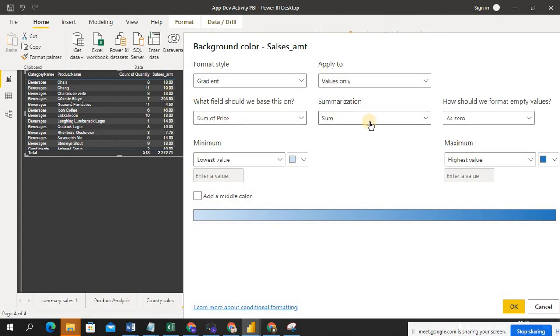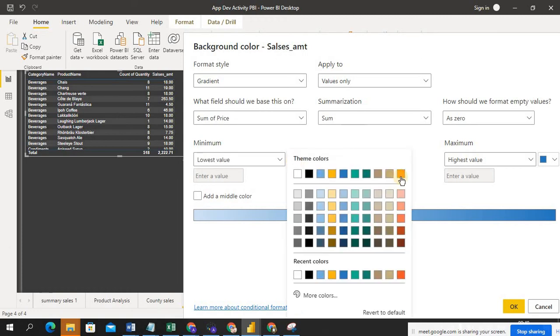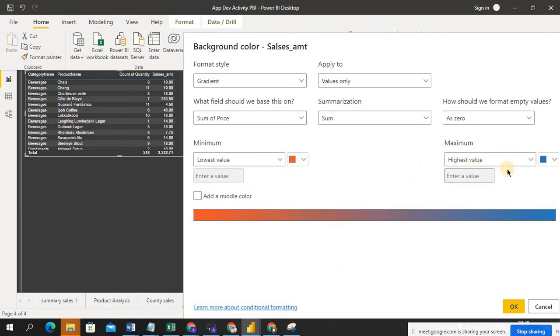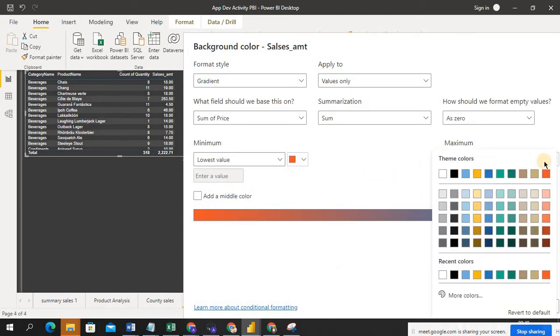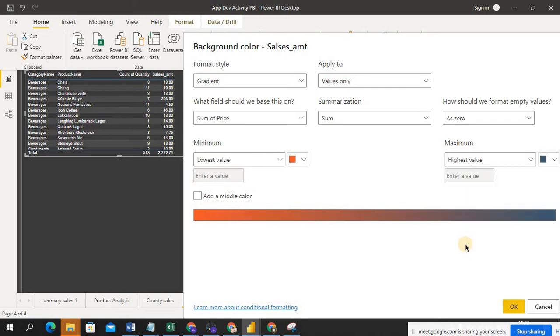And summarization is sum. For lowest value I give here. If you want to leave the default, you can keep it like this. So for lowest values I am giving this color, for highest values I am giving this color. Just make it okay.